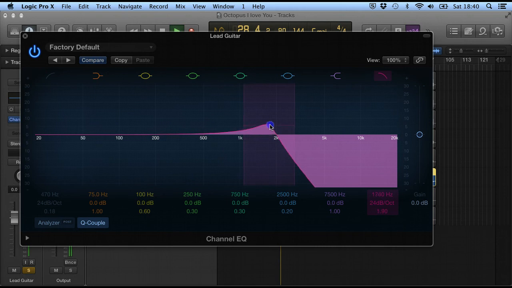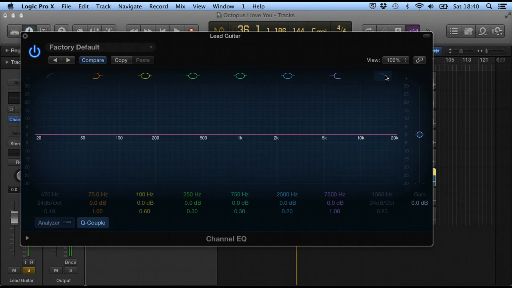And with this too, we also have a knee as well. We can give this a little peak in the performance there. And again, if we want to remove that, we click on that, which takes out the individual filter. If we want to have a look at one of these in the middle, we've got multiple ones of these, which means we can have several different parametric filters on there. So if we just click on this one,